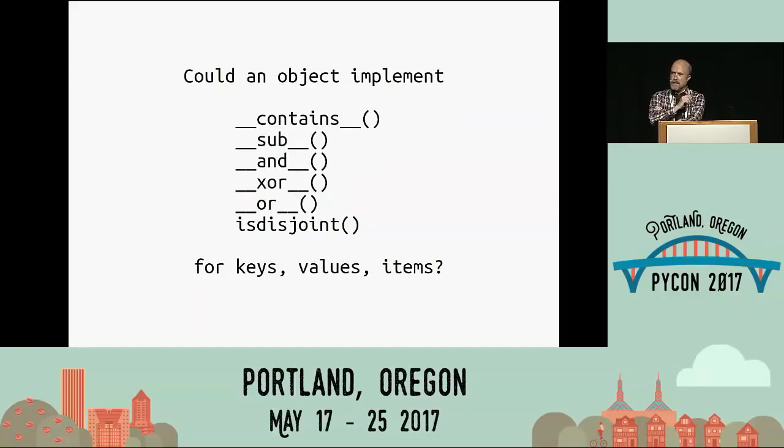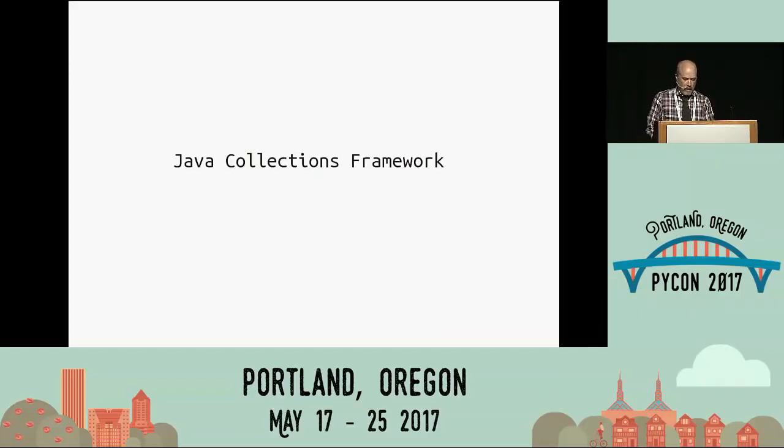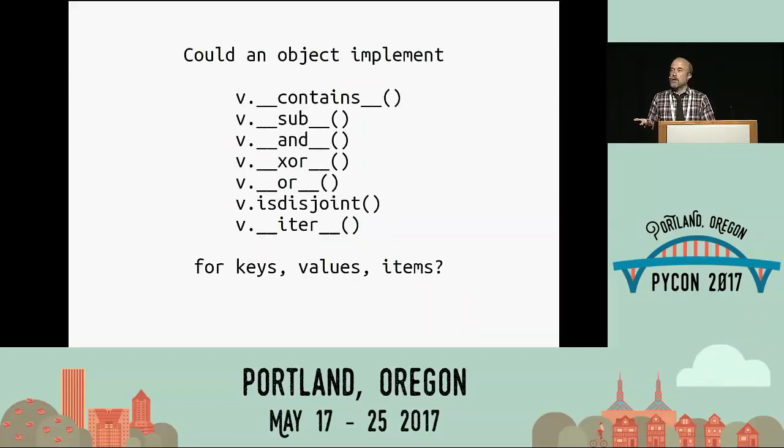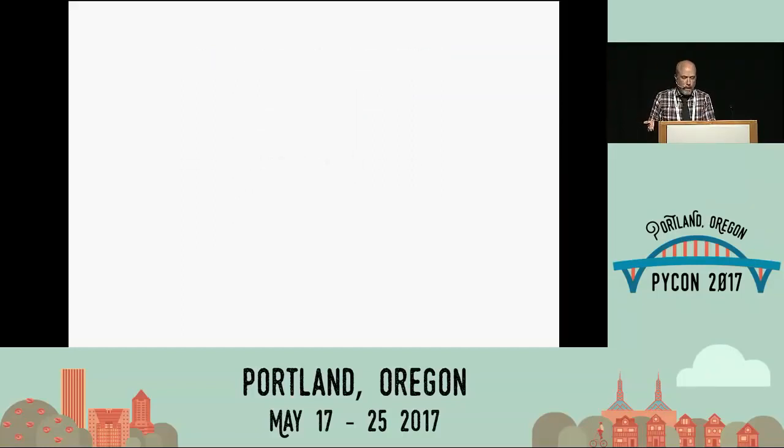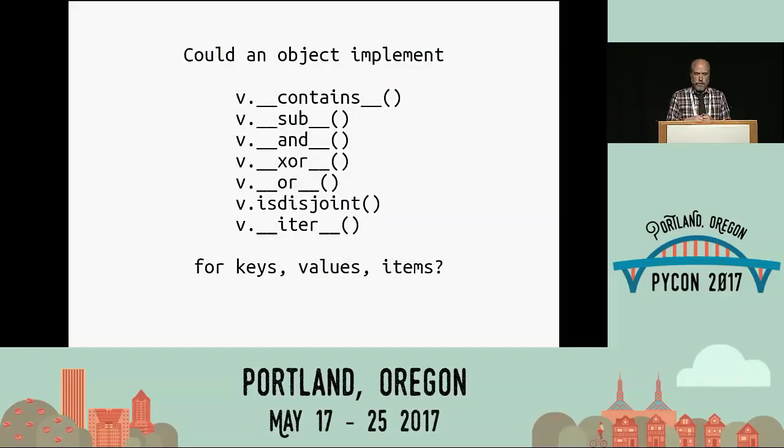In fact, if we had such an object, why stop at contains? We could have it do all of the basic set operations for the keys. You could ask questions like, do this dictionary and this dictionary have any keys in common? Do they have any keys in the disjoint set between them? And while you're at it, you could, of course, add the ability to call dunder iter, and also throw in the ability to loop over dictionaries, which is all we really do anyway. This was inspired by the Java collections framework. These are called views. That's why I used v as the placeholder there.